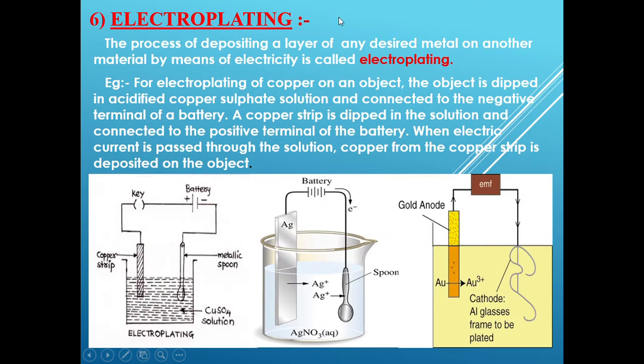Now, electroplating. As we said, when you pass electricity through an electrolyte solution, then there are some chemical changes happening. So we have seen that ions will be there, and they move towards opposite electrodes, isn't it? Cations and anions. So in this case, we can make an advantage, we can derive an application out of it, where you can get one metal deposited on another metal.